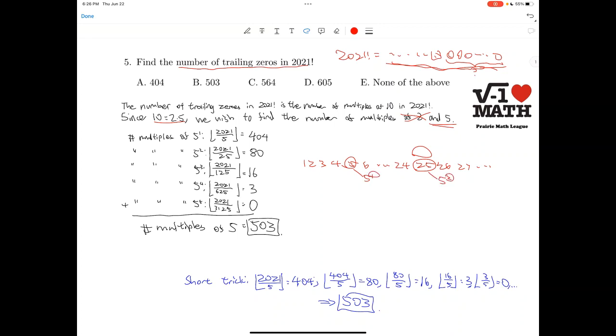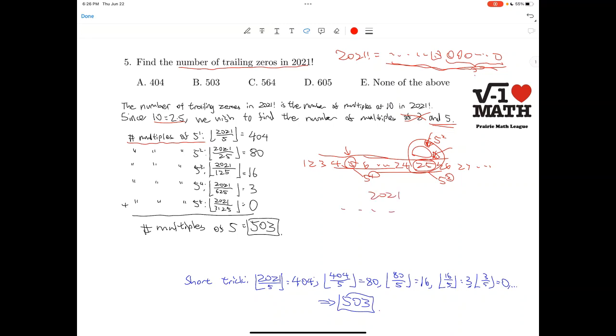Well, we can consider this by rows. So first consider all the 5's that appear. Then we consider all the 5 squares that appear. Notice that a number like 25 is counted once in the first part and once in the second part. Hope that made sense. But anyways, for the number of multiples of 5 to the 1, we take all 2021 numbers